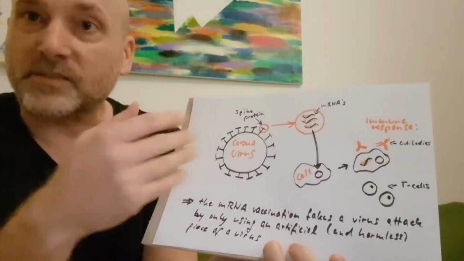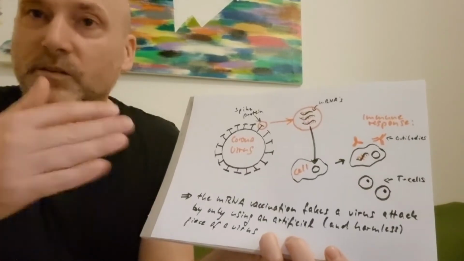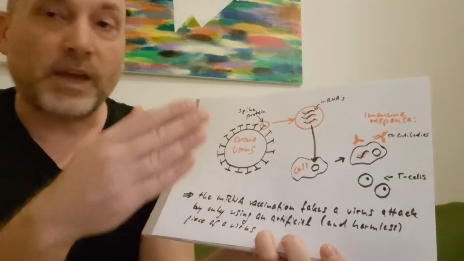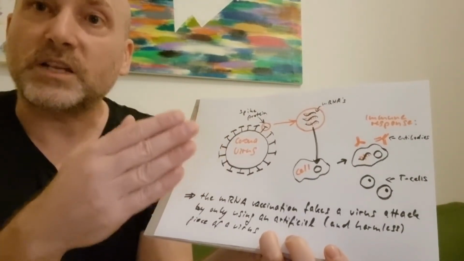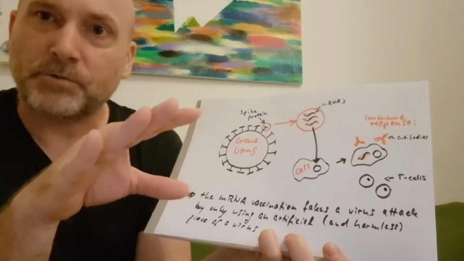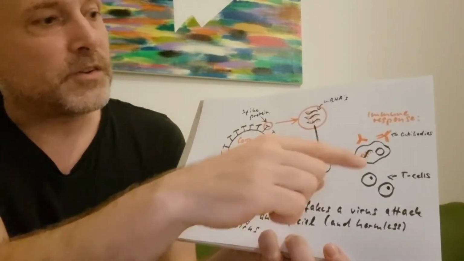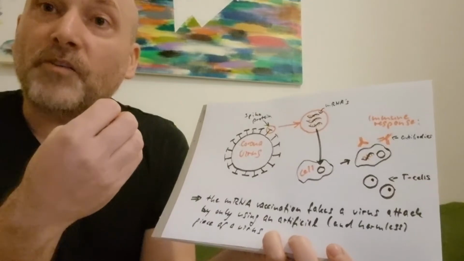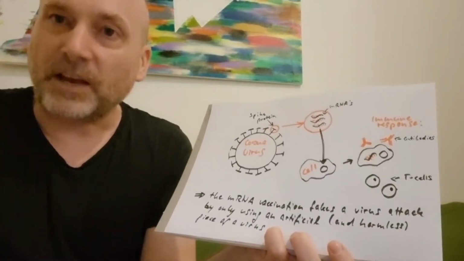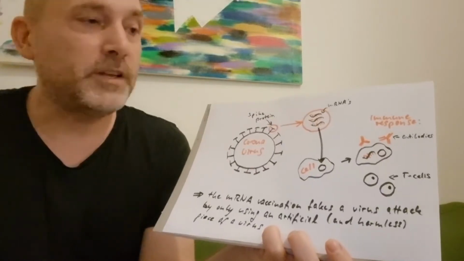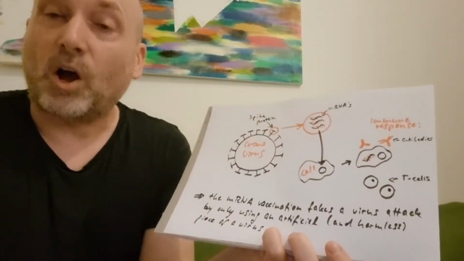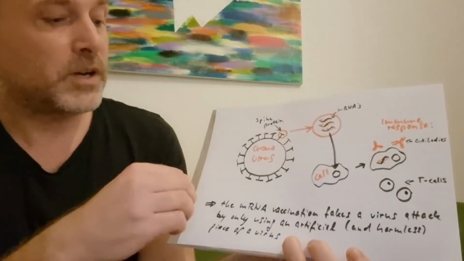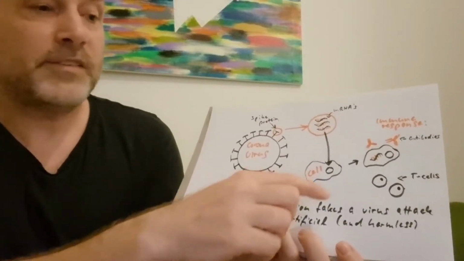So our body recognizes, like in any other vaccination or in any other case where there's a virus, independent of vaccinations, the immune response or the body realizes, okay, we have to defend ourselves because there seems to be a viral attack because we saw this weird spike protein showing up. So then there are antibodies being built and there are T cells attacking these cells, meaning that for a real infection, at some later point potentially, the body has already all the tools necessary to fight the real virus. So what the mRNA vaccination does, it essentially fakes a viral attack